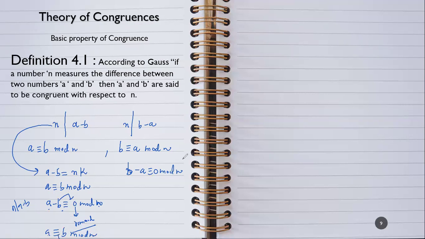For example, here I can give you some examples. I write here 7 and I write here 2. Then it will be mod 5. What does this mean? That when you divide 7 by 5, then 5 ones are 5, and you will get 2 as a remainder. This is the remainder, this is the quotient, and this is the dividend.